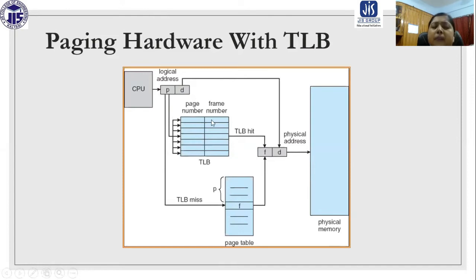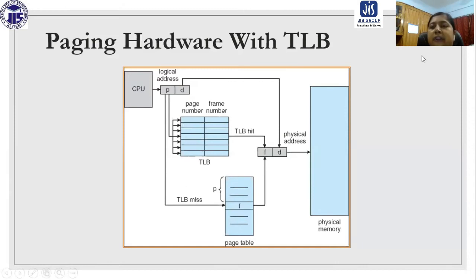But the corresponding page number may not be found here, because the total page table is not going to be loaded. Some page numbers may not be here, and then it is called a TLB miss.